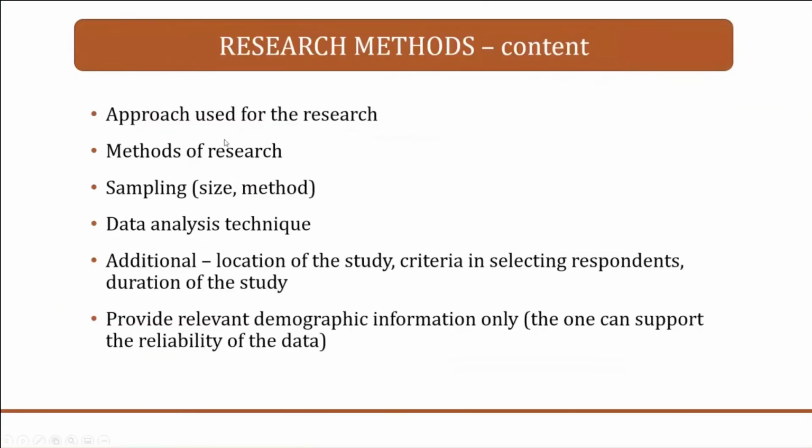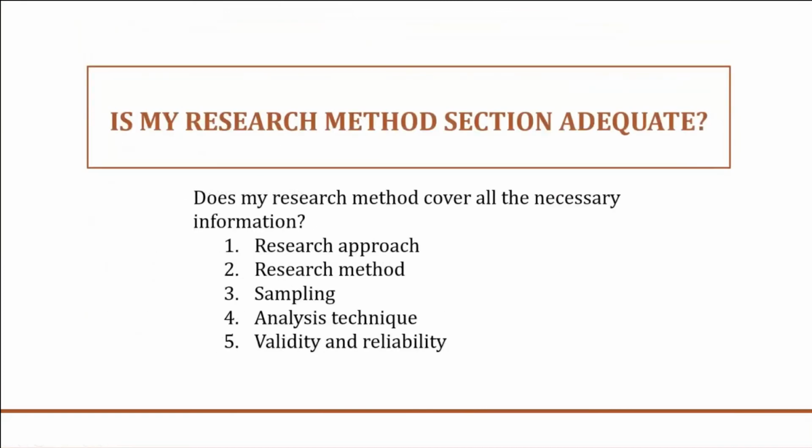So the content of your research method, basically you have to talk about the approach you use, quantitative, qualitative, the method that you use, case study, interviews, focus group, survey, that one is a method, sampling method, data analysis technique, and if you have additional information such as location of the study, criteria of selected respondents, duration of the study, demographic information, maybe you can add on. Okay, but these are the components that should be in your research method section. So, is my research method section adequate? You need to make sure that it covers all of this: research approach, research method, sampling, analysis technique, validity,